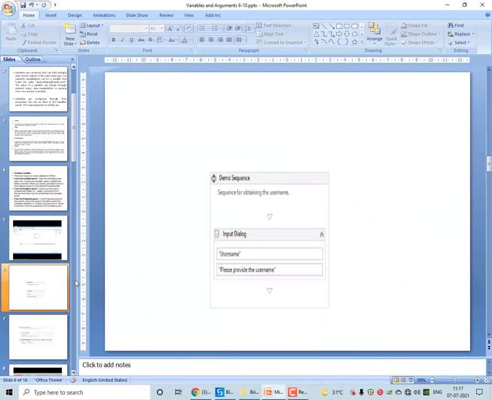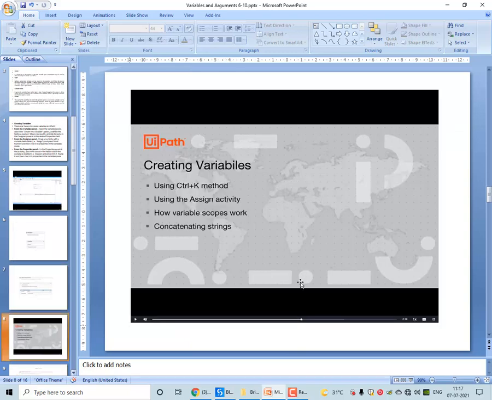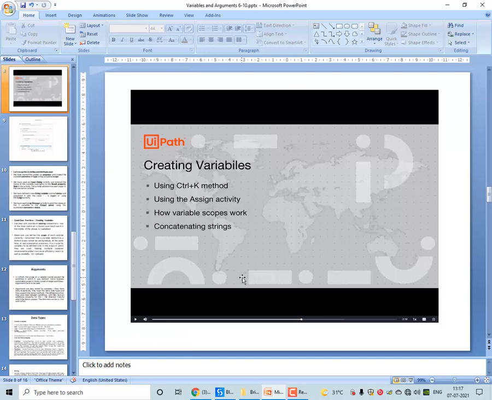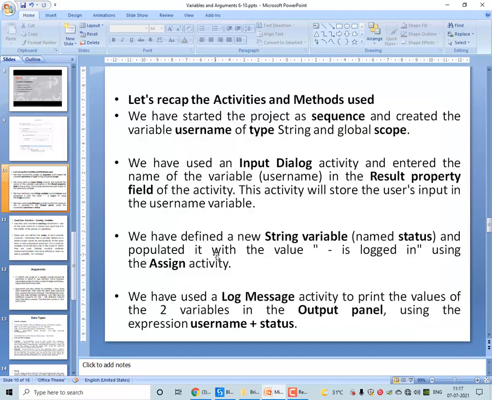We have seen some examples from input dialog box to users, okay, how to store values in variable, the shortcut key for creating variables like control plus key. These are some examples.